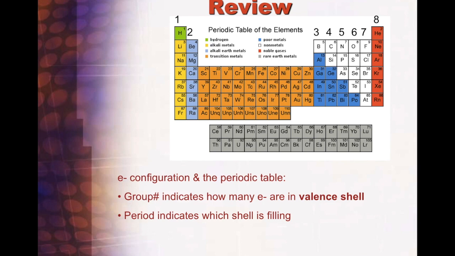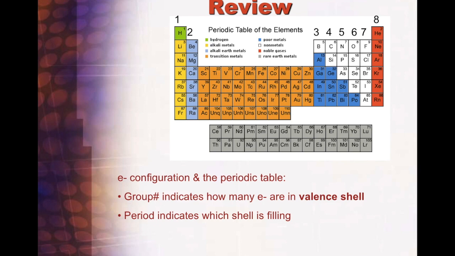They're labeled with numbers here, 1, 2, 3, 4, 5, 6, 7, and 8. For these groups, the group number indicates how many electrons are in the valence shell. So group 1 has 1 valence electron, group 2 has 2 valence electrons, group 3 has 3 valence electrons, and so on. The period indicates which shell is filling. So there's 7 rows, and so going down the table, we have shell 1, 2, 3, 4, 5, 6,